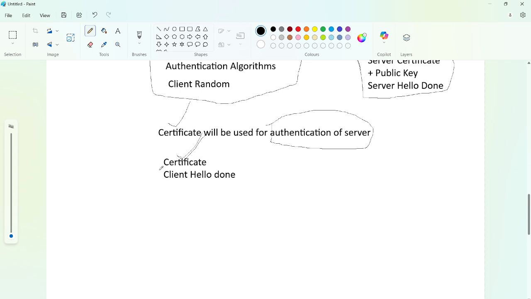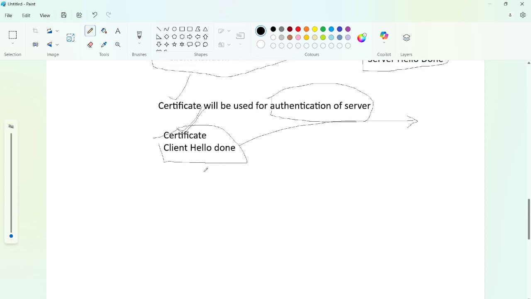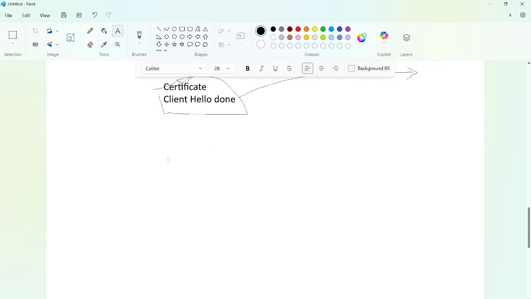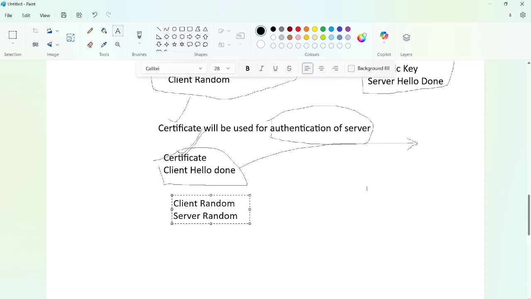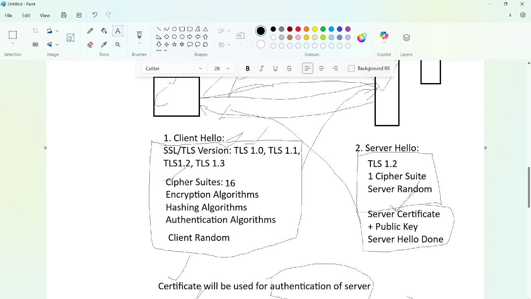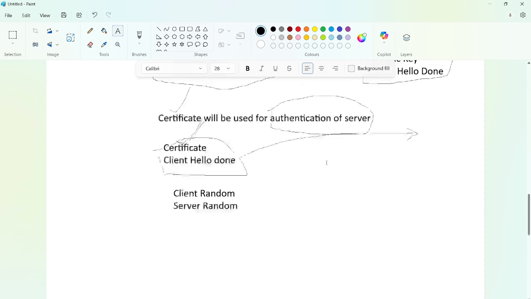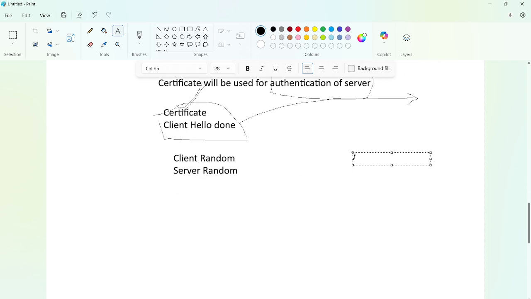the server, and this server hello done is sent to the server. Okay, after this, both the client and server will have the certificate, right? So the client will also have the client random and server random, and the server will also have the client random and server random. The client random is sent by the client in the client hello, so it will have the client random,